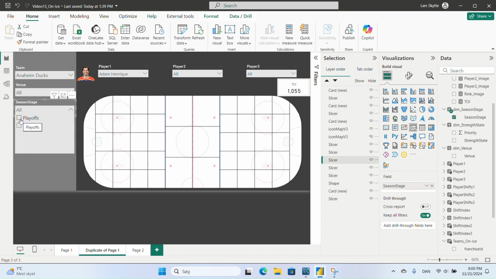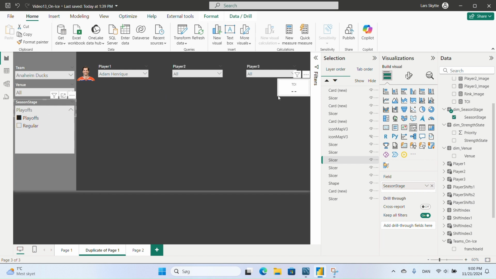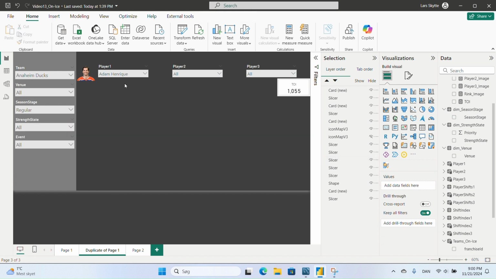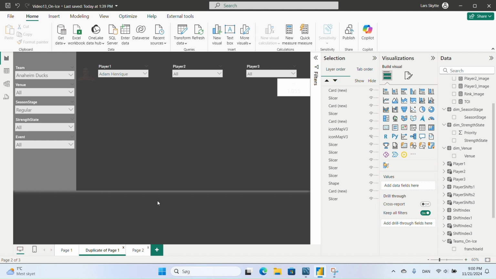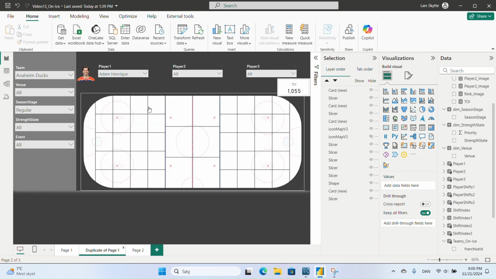So now you can see if we select playoffs, it will be blank because Anaheim Ducks didn't play in the playoffs that season. So if we go back to regular season, you can see this one doesn't go correct because we need to just reload the page. And now things are working. And if we go to